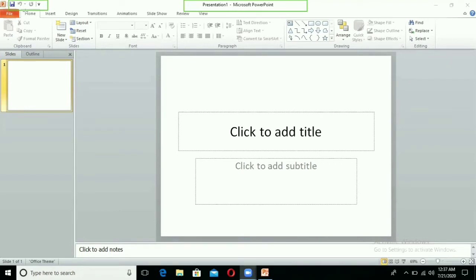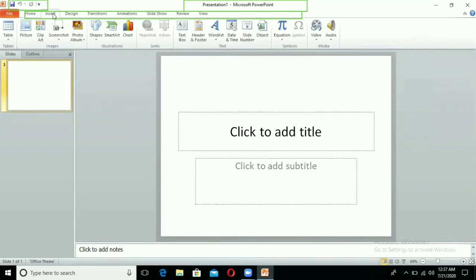Next, see these: Home, Insert, Design. These are called ribbons. Whenever we click on any ribbon, for example if we click on the Home ribbon, you can see different groups here. Same like that, when we click on Insert, you can see different groups here. Sorry, these are called groups.